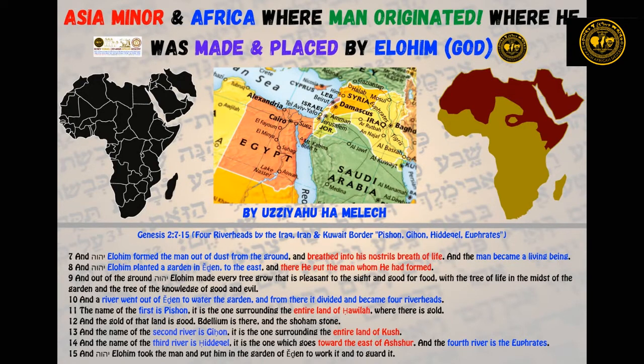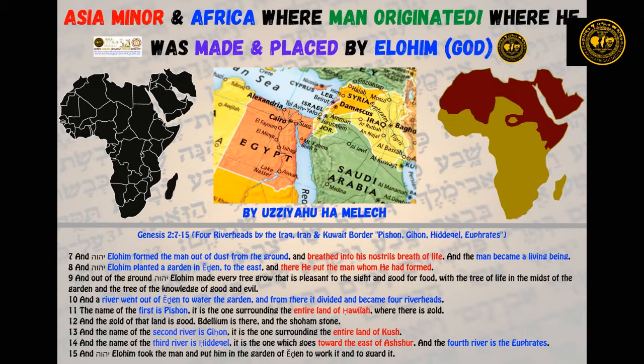Verse 9. And out of the ground, Yahweh Elohim made every tree grow that is pleasant to the sight, right? So these were beautiful trees, flowers, whatever, and good for food. So not only was it pleasant to the eyes, it was good to consume. It also shows you when it comes to eating, it has to be plated well. It has to look good and be good to eat, nutritious and taste good, right? So Elohim made every tree grow that is pleasant to the sight and good for food,